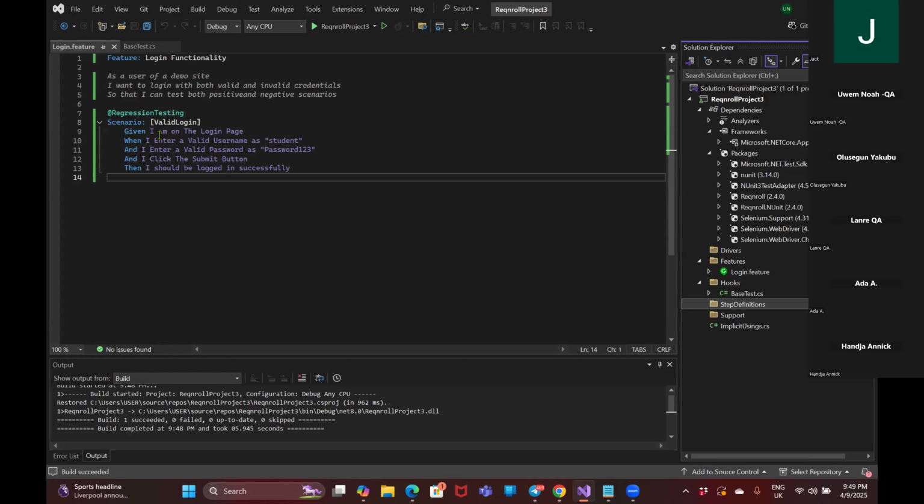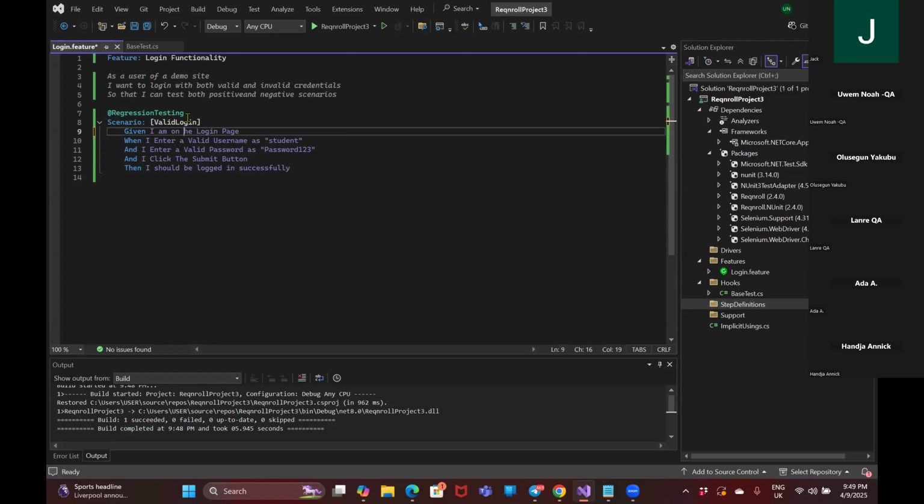So your line 9, please let's correct that English language over there. Given I am on the, that "the" is not supposed to start with capital letter T. The same thing is applicable with your login page. Given I'm on the login page. On that same line 9, then you do the same thing for the page. Okay. When I enter, just make it lowercase. And I enter a valid, change this one, username. And